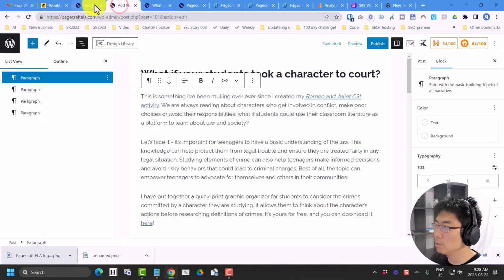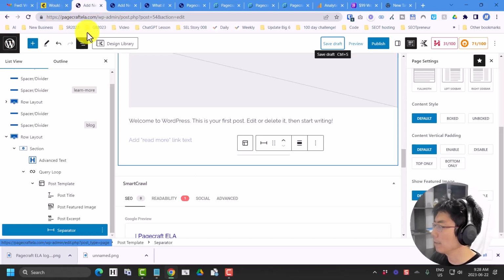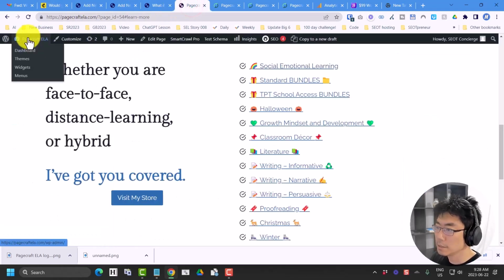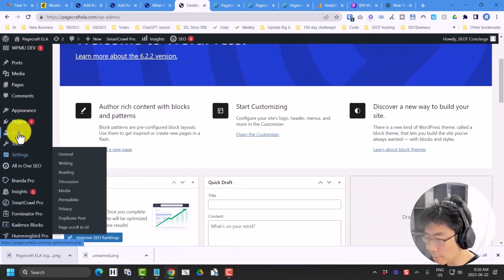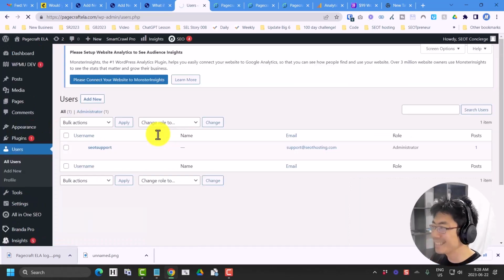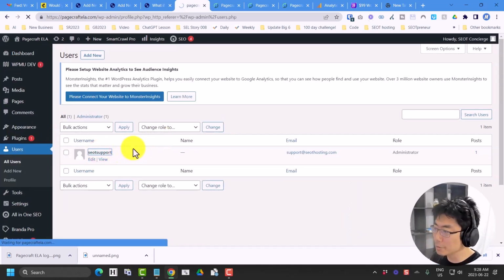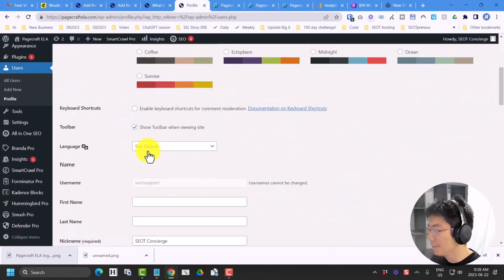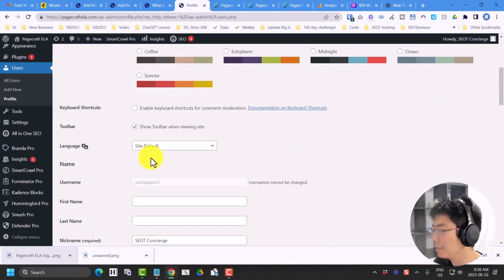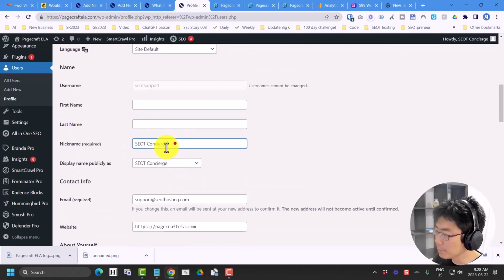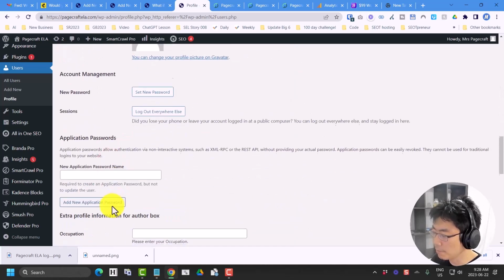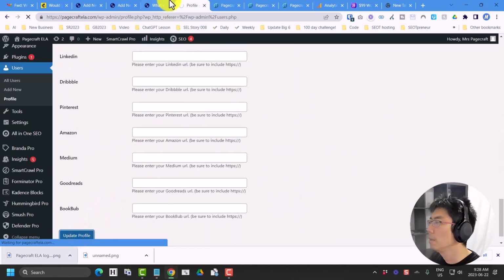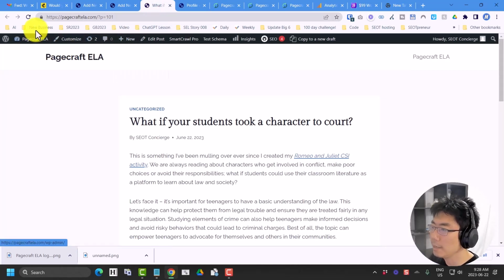And in fact, what I might do on my account right now, just so I don't have this problem later on, let's just go to the dashboard. Because I'm working for my friend, but I'm going to forget this later on. So I'm going to go to my user, all users, and change what shows up there. You can have your username, whatever it is, and you can't change usernames once you create your site. I mean, you can, but you've got to go in the database. So I'm not going to change my username, but I'm going to change my nickname to Mrs. Pagecraft, and display name publicly as Mrs. Pagecraft. Now if I scroll down and save, update my profile, and go back to this page and refresh the page,